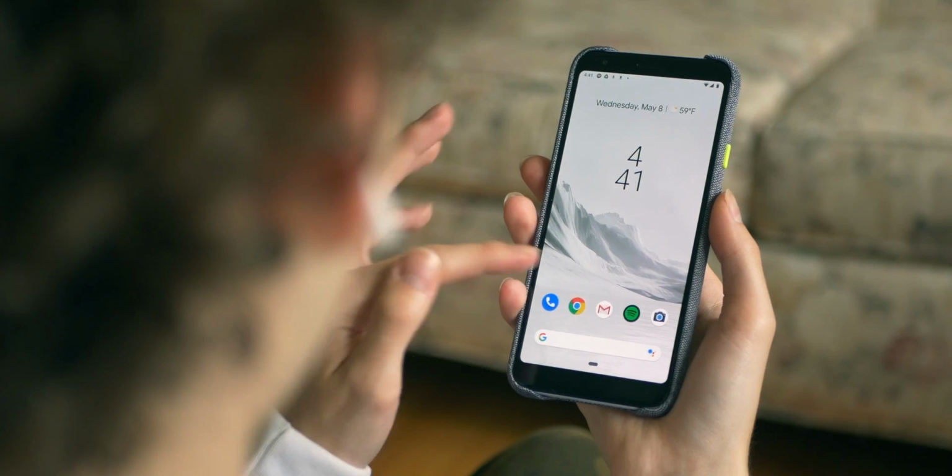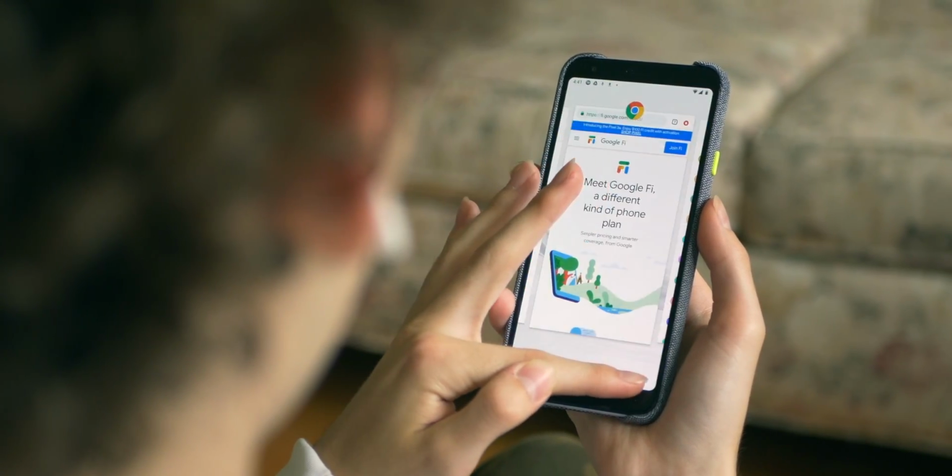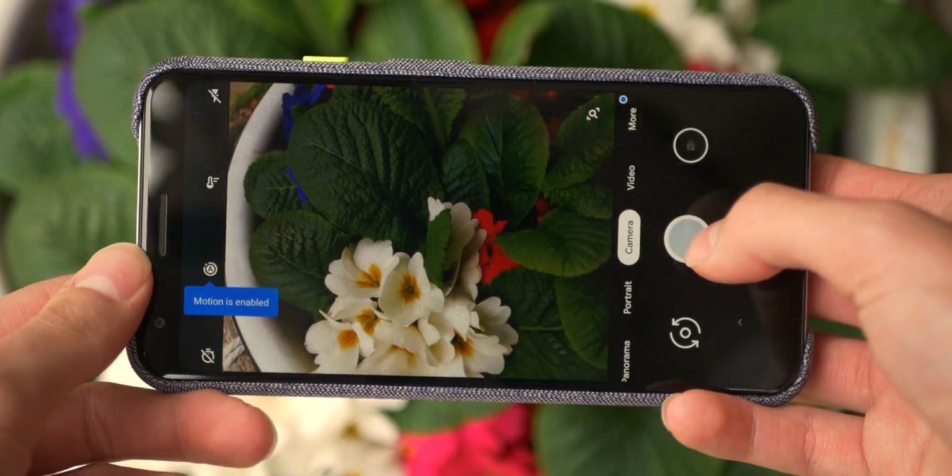So I have been thoroughly testing the Pixel 3a XL for a couple days now. It's been in my pocket, and I'll tell you this much, I am really enjoying using this device. It performs decently, the pictures that I take are amazing, but I will say this device definitely does lack a